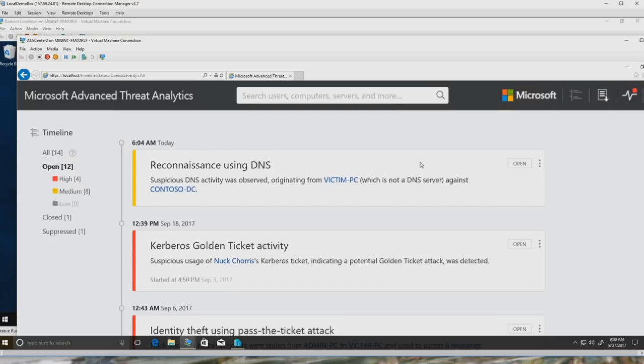All right. But that's the sort of quick test you can do: if I do just an NS lookup against the domain controller that I've deployed a gateway or a lightweight gateway against, then I'll be able to see it in the ATA center itself.